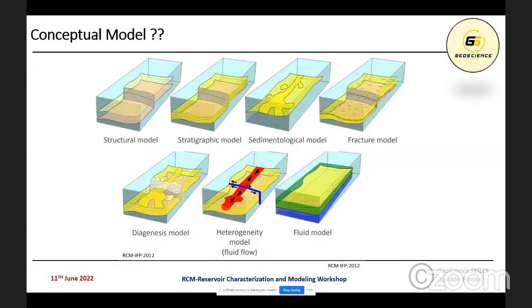Is it a carbonate platform? Is it a fluvial system? What is it exactly? Is it a patchy reef? Is it a bank? Is it shallow? Is it a shallow tidal flat? All this information will be provided by the sedimentological model, and again,